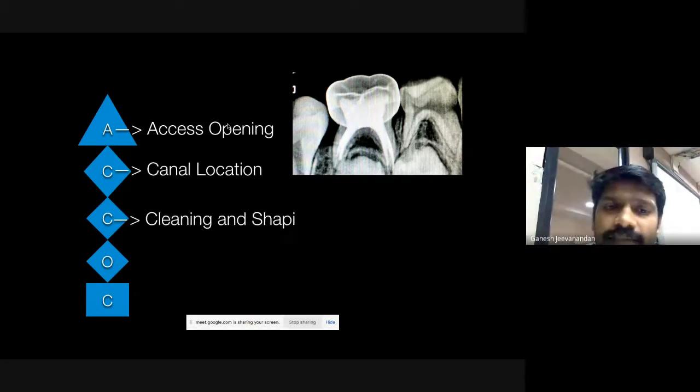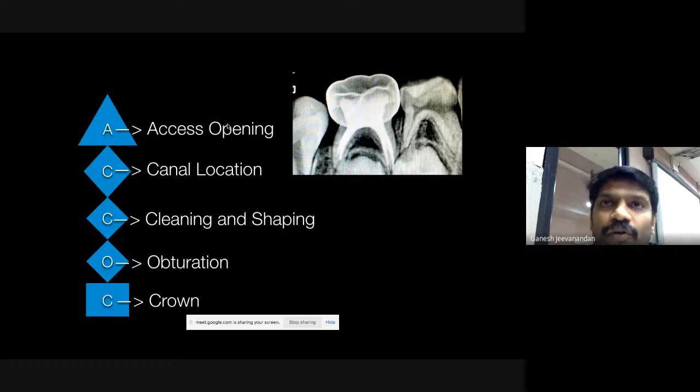The next C stands for cleaning and shaping. O stands for obturation. And the final thing is the crown. If somebody asks you what the steps involved in pulpectomy are, you can tell them: access opening, canal location, cleaning and shaping, obturation, and crown. So the entire procedure is explained in this one word.